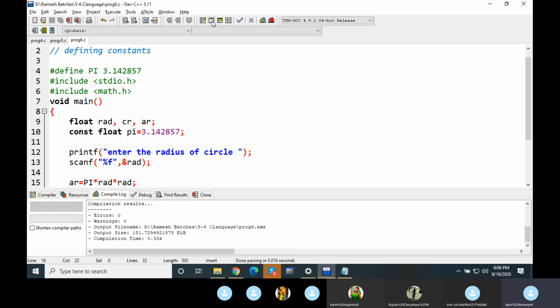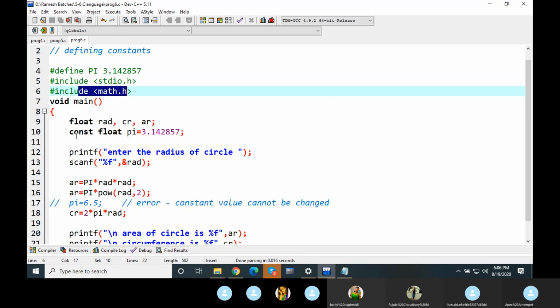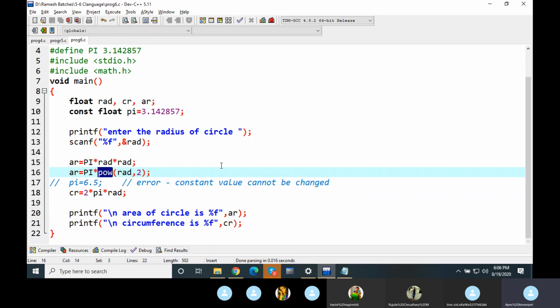That is calculated. So this is the way we can make use of the pow function to calculate the power of a number. So defining of constant, usage of math.h, defining a constant using the const keyword, the pow function like this. These are all the new things that we have learned with this program.